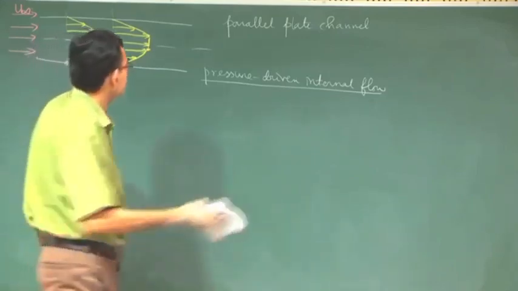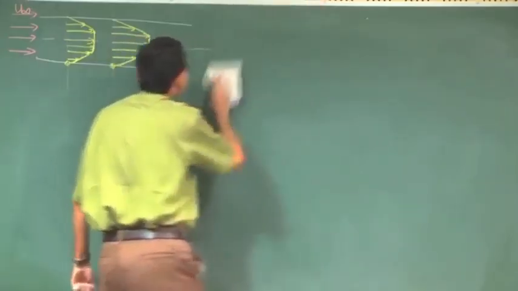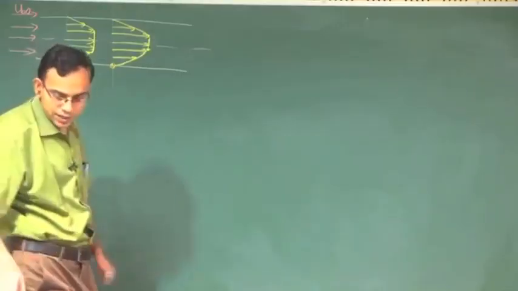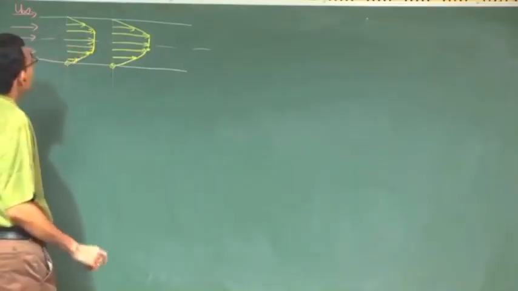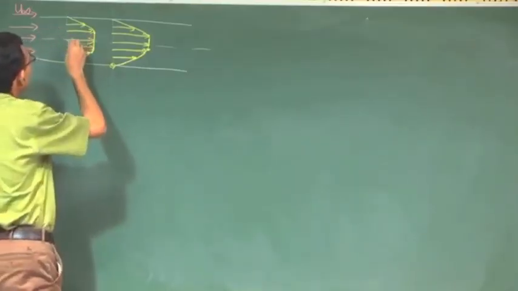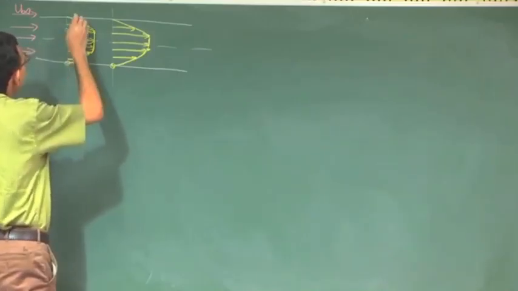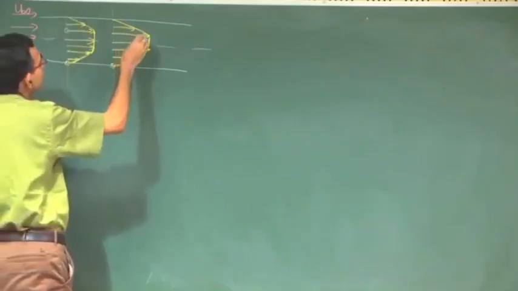Finally, something interesting will happen. Before understanding that, if we now draw the locus of these points within which this wall effect creates a velocity gradient,